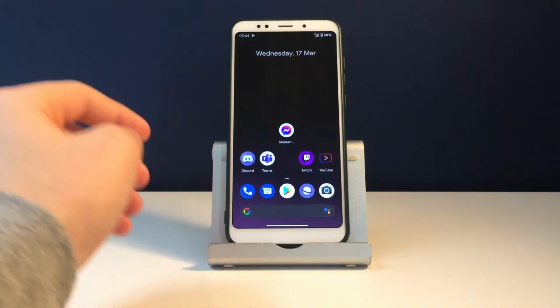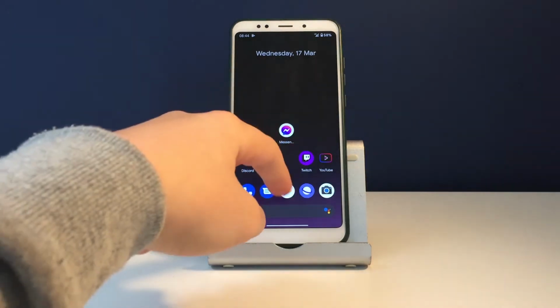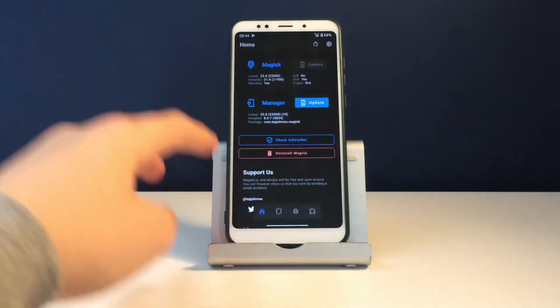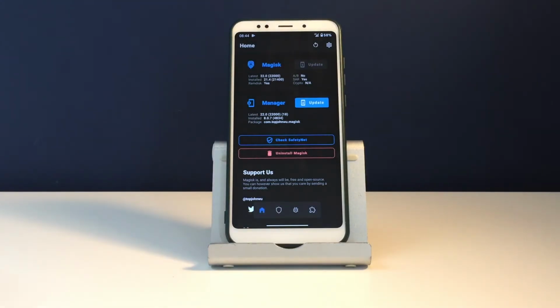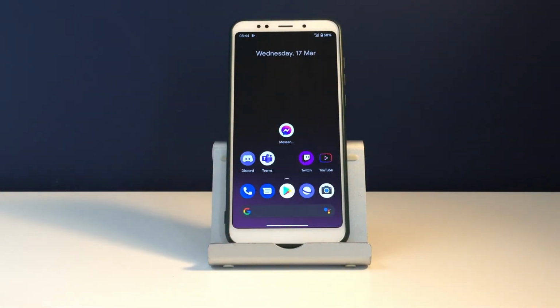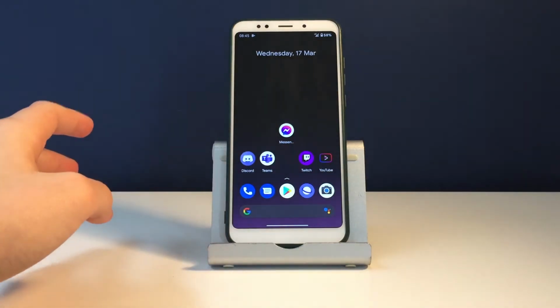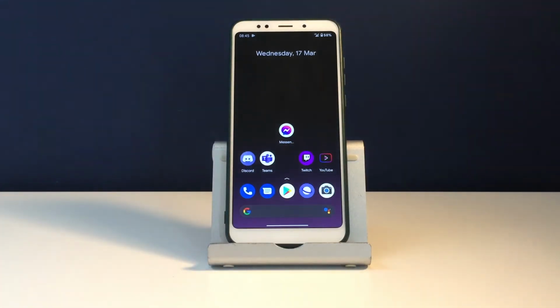Second bug is in Magisk, because you cannot root your phone directly. Basically, it's an issue on my phone, of course, but you can root it. I have rooted it, and this is how. First thing, in the Magisk Manager on this ROM, I don't know why, it does not show the option to download the zip file of Magisk. There's an option to patch the boot image, and this is the only option. You cannot download it. But I have downloaded the zip from my previous ROM, and I have flashed it in the recovery. It works perfectly fine. It's super cool right now. Everything's cool, working super. So I'll leave the link for the Magisk zip